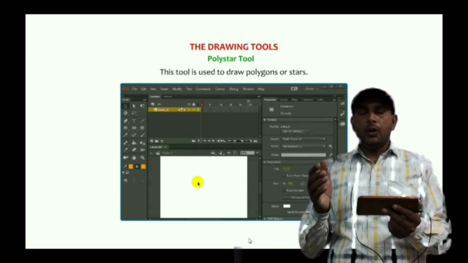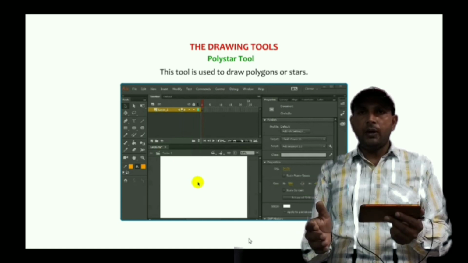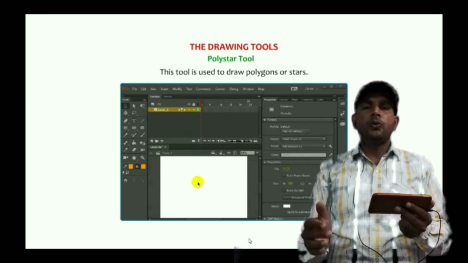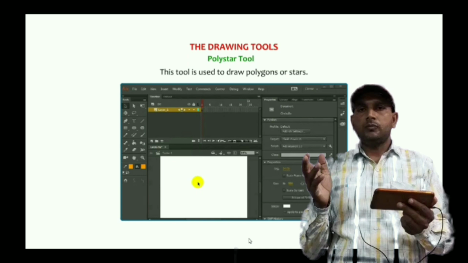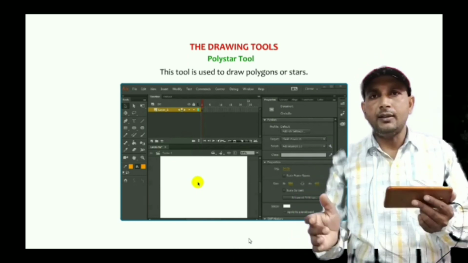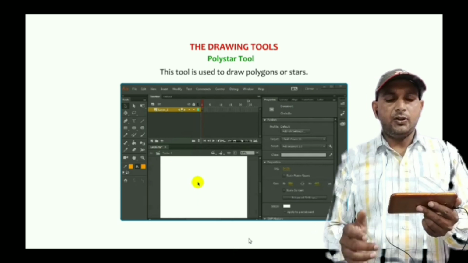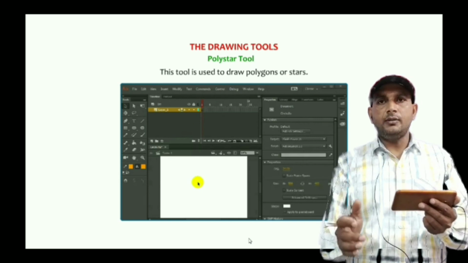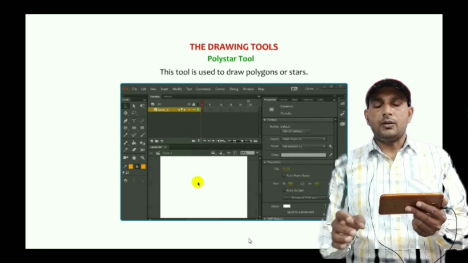We have drawn a rectangle; we can draw a square, and different kinds of polygons having more than 2 sides, such as a triangle, rectangle, pentagon, hexagon, etc. So we can use this polystar tool to draw different polygons as well as different stars.